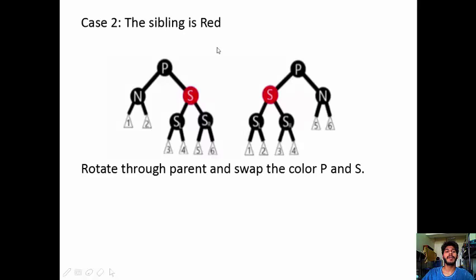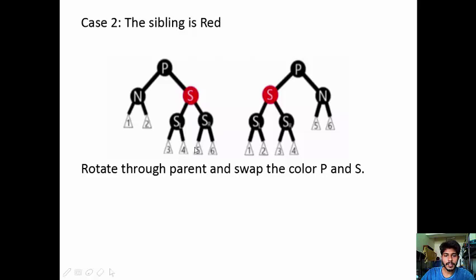Here is the sibling case. Here we have a particular node that is to be deleted, its parent node and a sibling. The sibling has a left child and a right child, SL and SR. The main case here is that the sibling is red. The sibling's color is red. So how will we perform deletion of this particular node N?